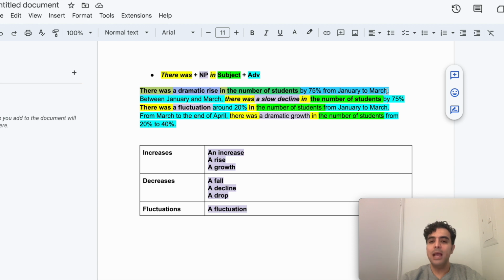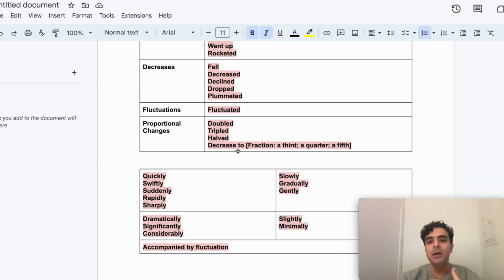And then I want to say, following this, there was a dramatic growth in the number of students from 20% to 40%. How do I do this? So you could say it like this. You could say there was a dramatic rise in the number of students by 75% from January to March, followed by a fluctuation around 20%, or followed by a dramatic growth in the number of students from 20% to 40%. You see what I just did there? I used followed by, and then I added the noun phrase, and I didn't have to repeat the there was